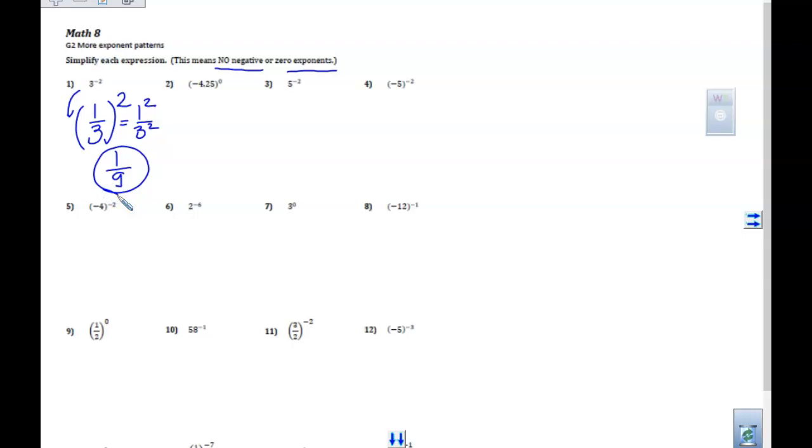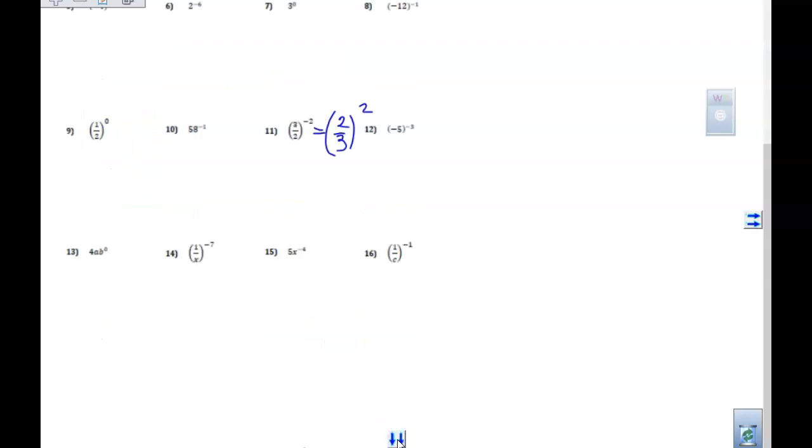As you look through the rest of this, someone said we haven't had fractional ones, but we have the 1/7. But what do you do with 3 over 2 if it's to the negative 2 power? The reciprocal. It's still going to be to the second. It's just that now you're going to go 2 over 3, and you're going to take each of those to the second power to get your answer. Okay. So you have these questions. We're going to take a look at your